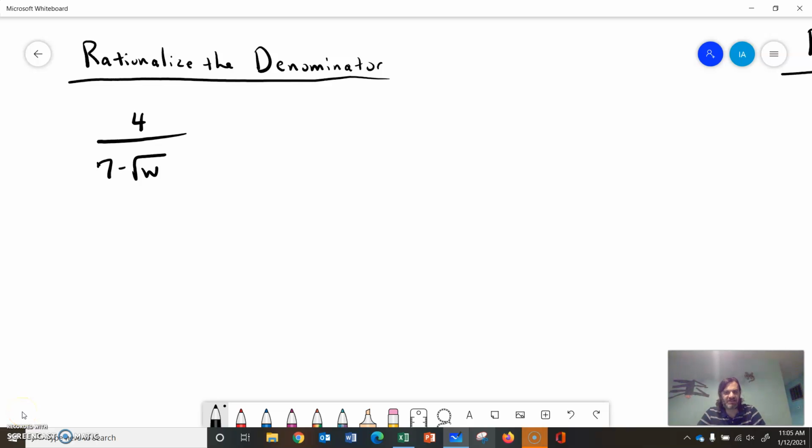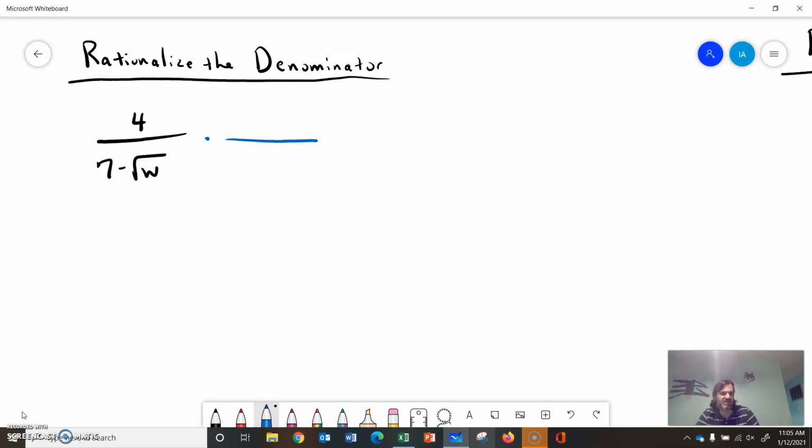Hey, we're going to rationalize the denominator. The numerator is 4. The denominator is 7 minus the square root of w. So there's two terms in the bottom, 7 minus square root of w. So the way we talked about rationalizing these, which means get rid of the root in the denominator, was to